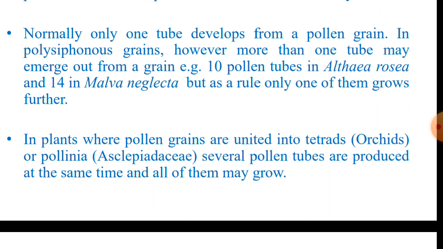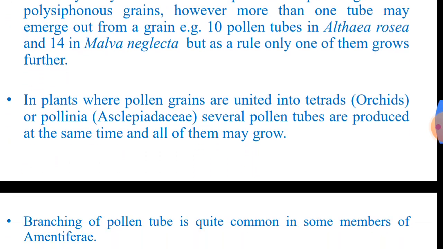Normally, only one tube develops from a pollen grain. Pollen grains in which more than one pollen tube is formed are known as polysiphonous pollen grains. For example, 10 pollen tubes are formed in Althaea rosea, 14 in Malva neglecta, but as a rule only one of them grows further. Initially, in polysiphonous pollen grains, more than one pollen tube is formed, but ultimately only one develops, the rest